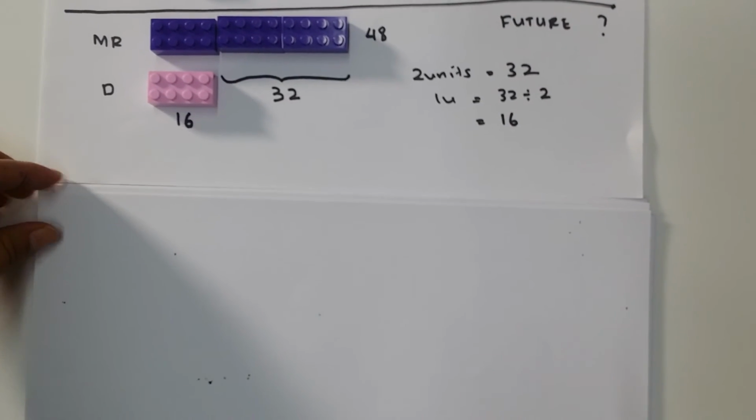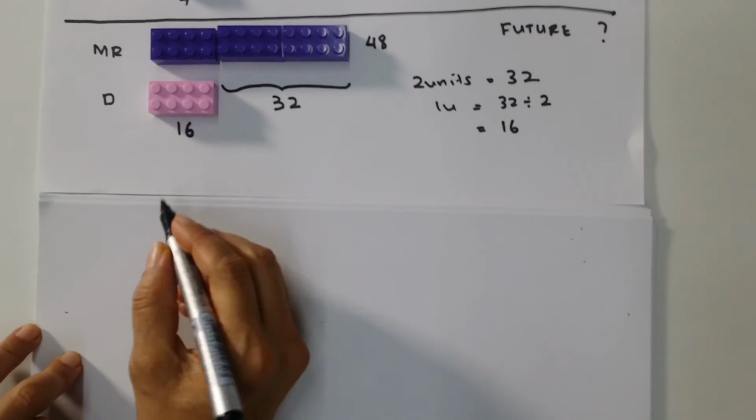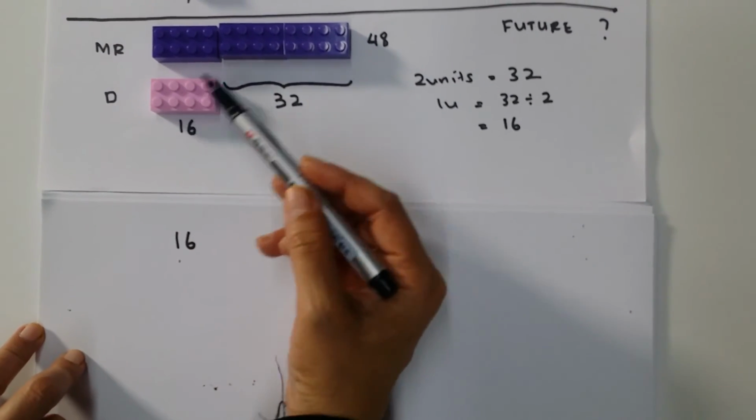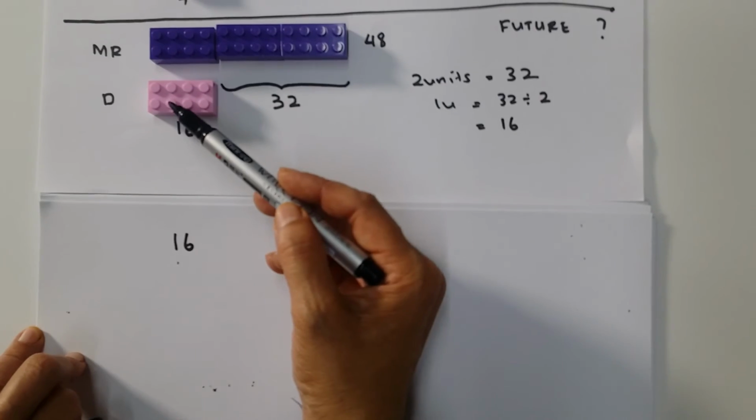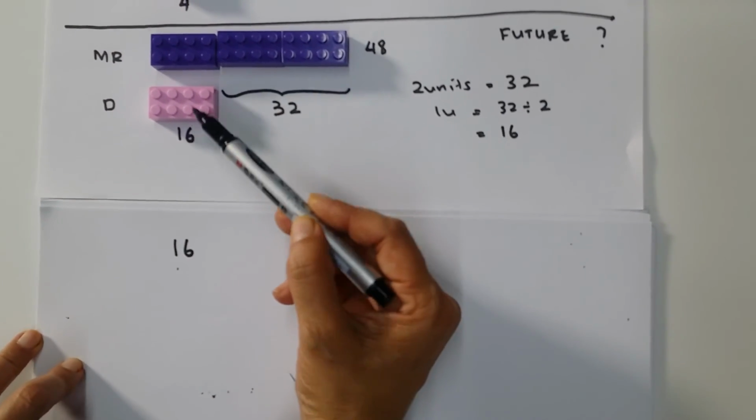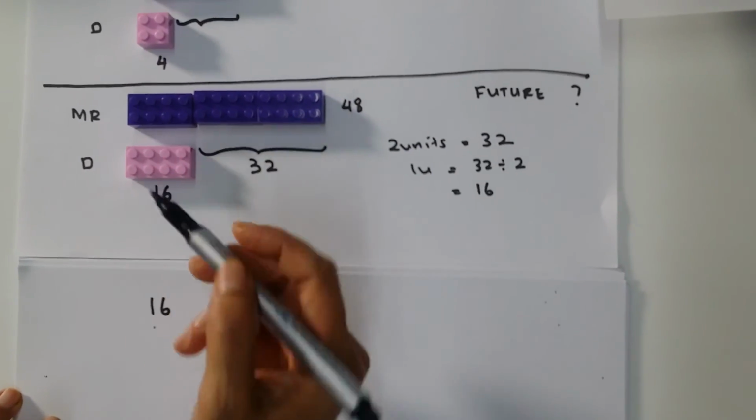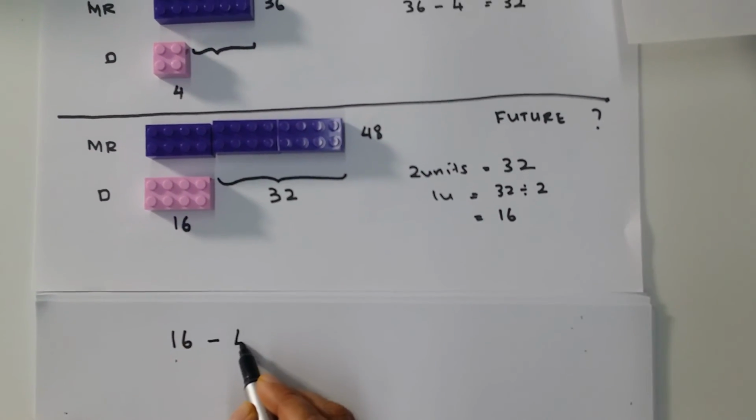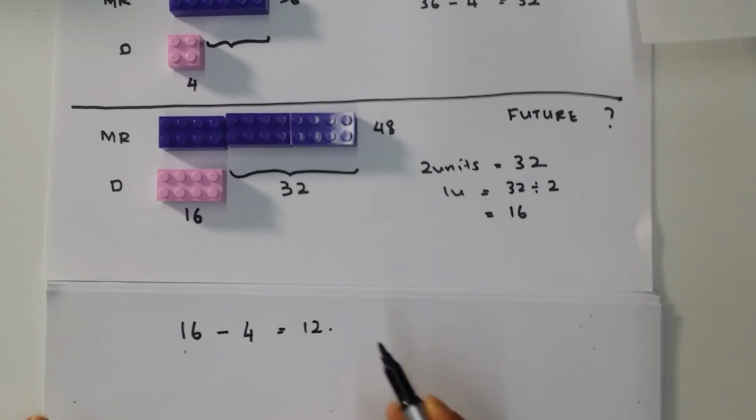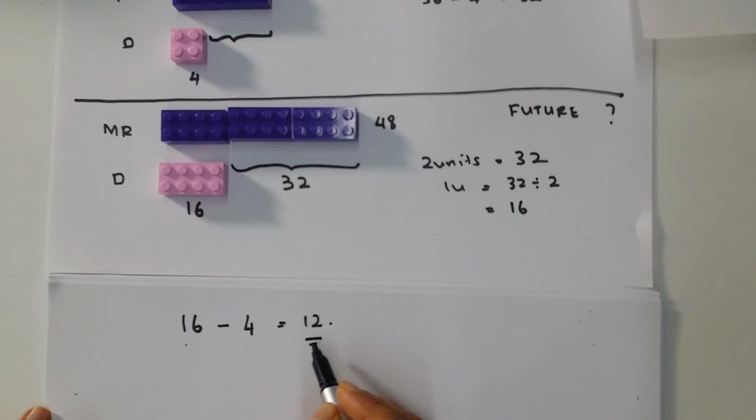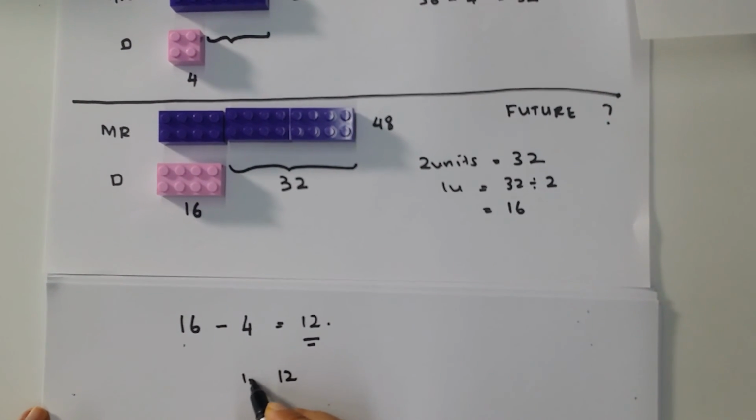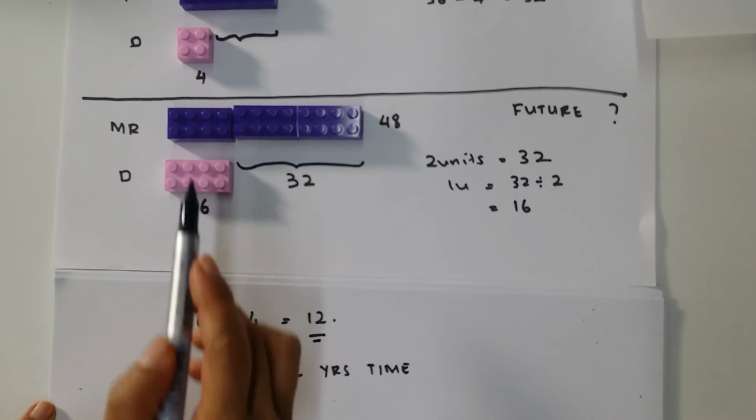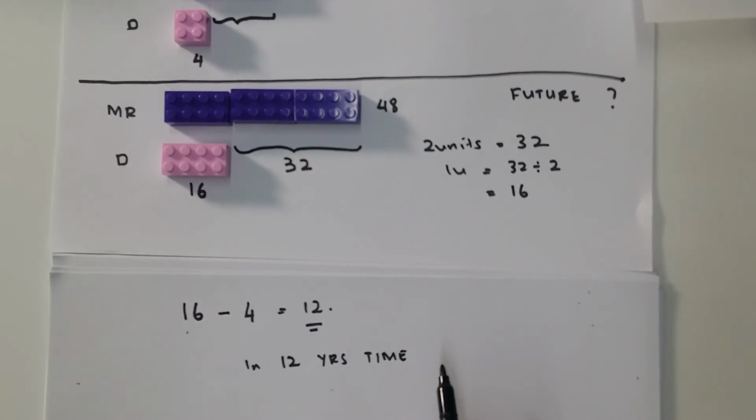Okay, so we know when the daughter is 16 years old, Mrs. Rani will be 3 times the daughter's age. So now is 4. So in order to find out the difference in years, I do 16 minus 4, and the answer is 12. So we got the answer now. The answer is in 12 years' time, Mrs. Rani will be 3 times the daughter's age. That's the end of